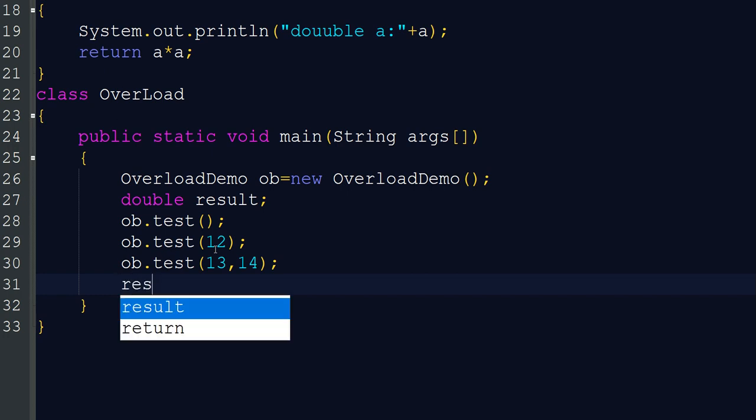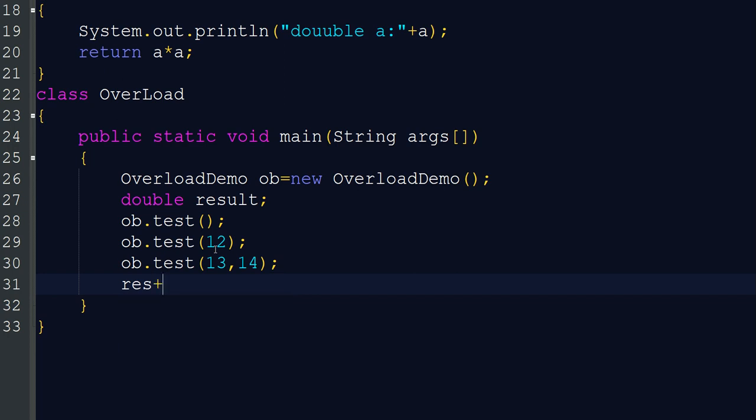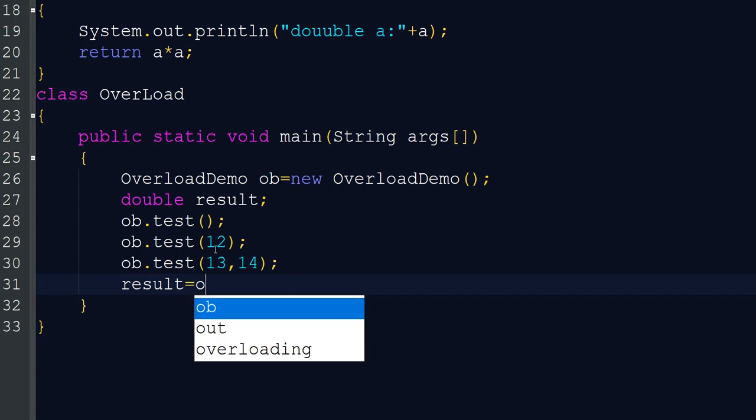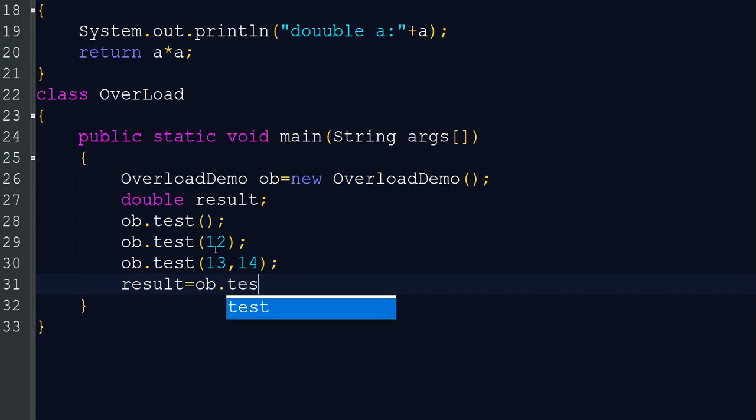So we declare it like this: result equal to ob.test. In this method also there is one parameter, but with a double value, so no problem at all.